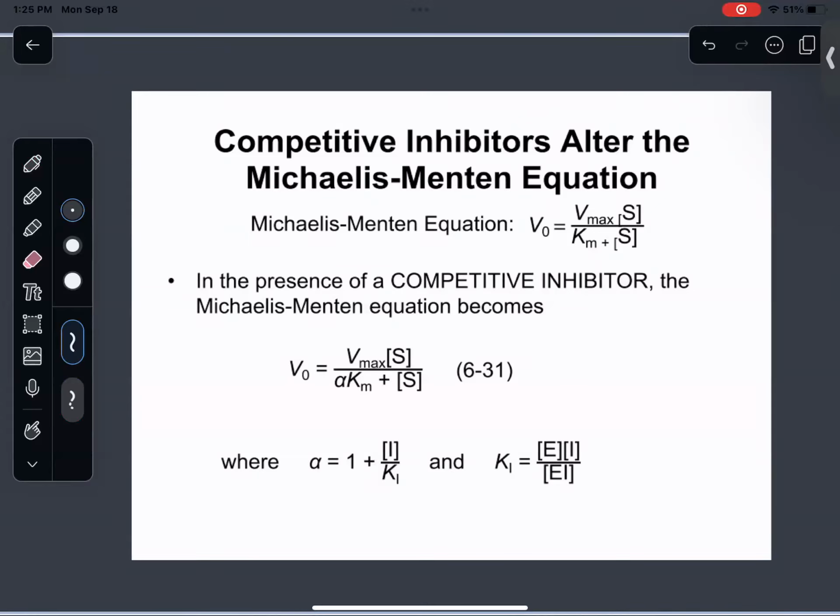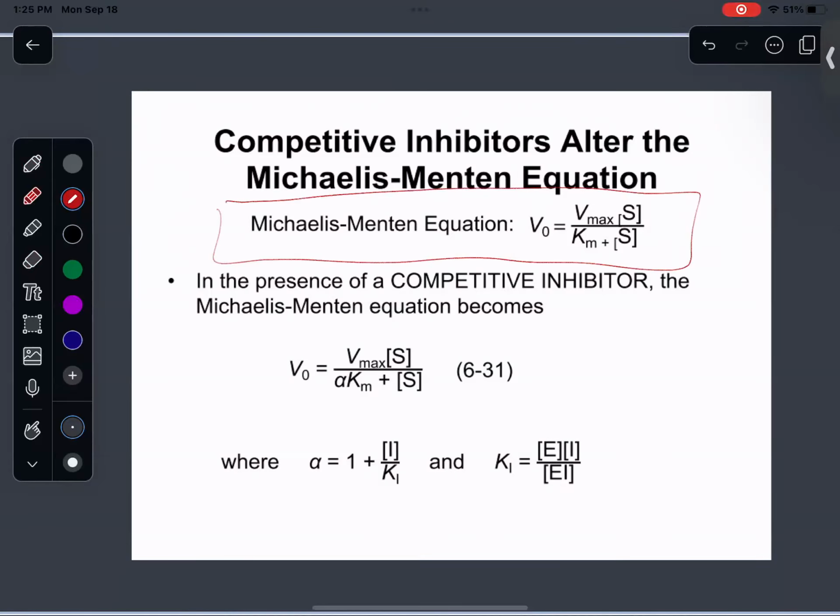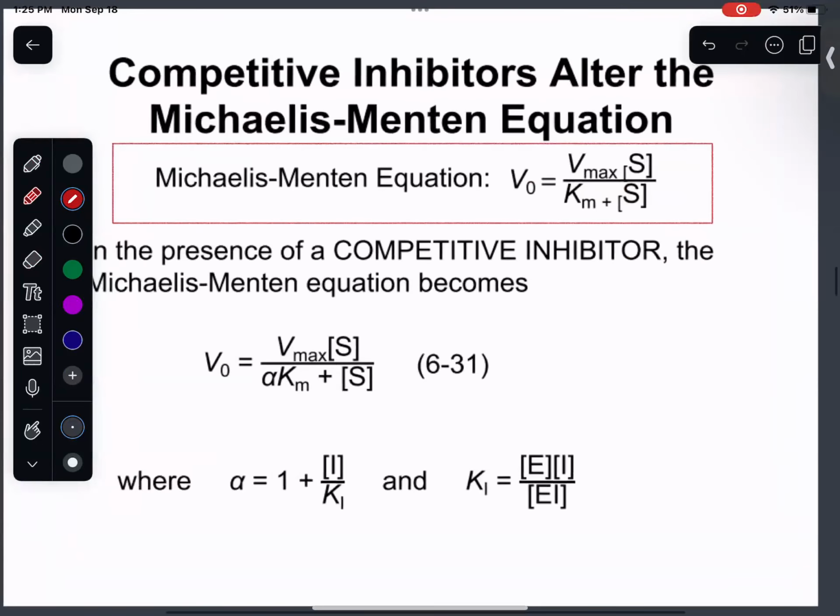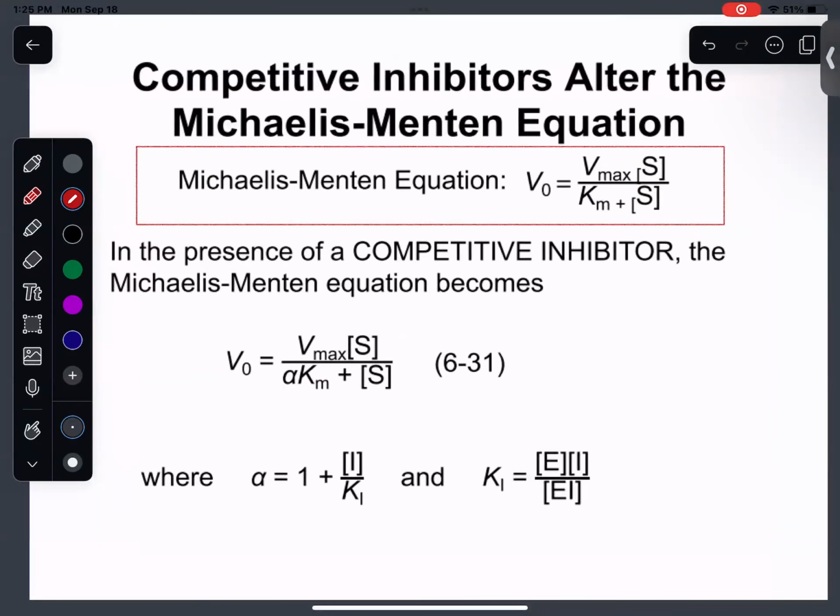Okay, so here is our lovely Michaelis-Menten equation. And I know that we spent our whole weekend getting super intimately familiar with this equation. I'm just kidding. I know there are better and funner ways to spend our weekends, but we are here today, and that's the important part.